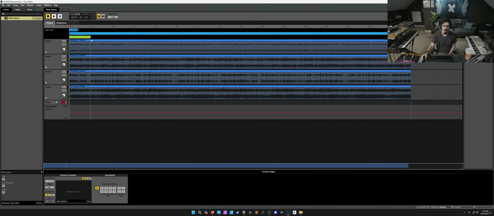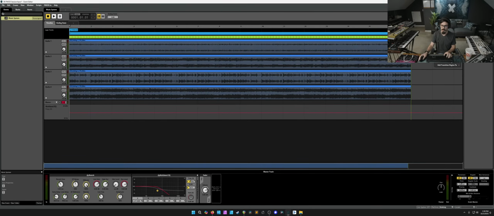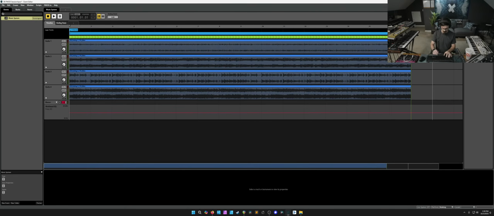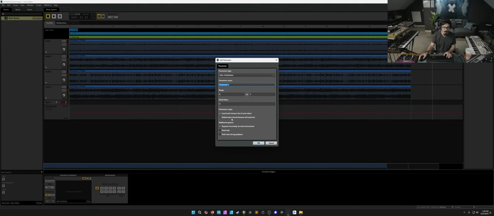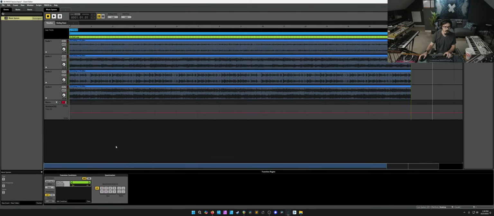So I'm going to set up a transition region. What this does is it tells FMOD, based on something else, to go to another place. So over here, I'm going to add a destination marker, and we'll call this hold loop. And I want this transition here to have a destination of hold loop. I want to add a condition. I'm going to add a parameter condition, create a new parameter called hold time. Okay, and I only want this to transition at a value of 1. So if I do this,